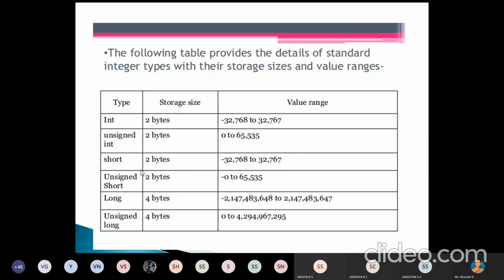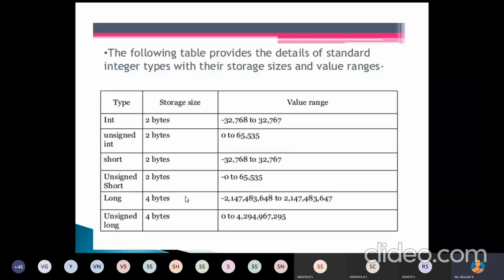These are some examples or derivations of the integer data type. Any doubt till now? Ma'am, in int, is the first letter capital or small? It is a small letter. Any other doubt? You can ask. You should be very thorough in C language, then only can you easily learn data structures. You should know the basics thoroughly. Ma'am, what does unsigned int mean?